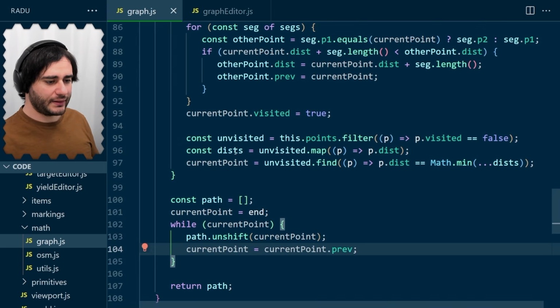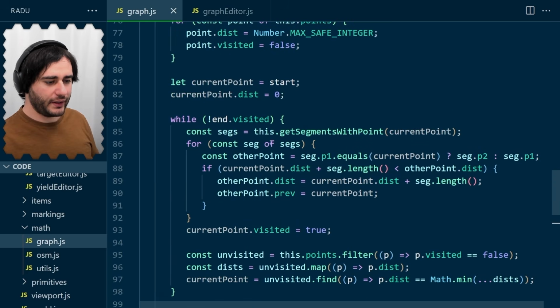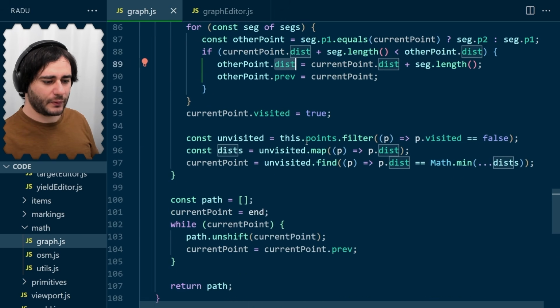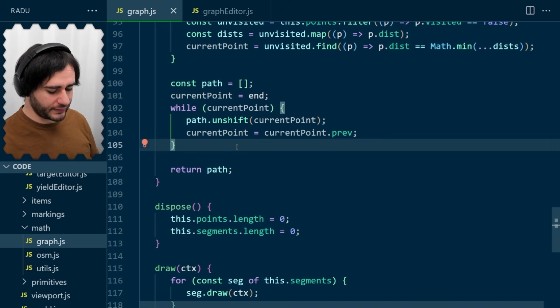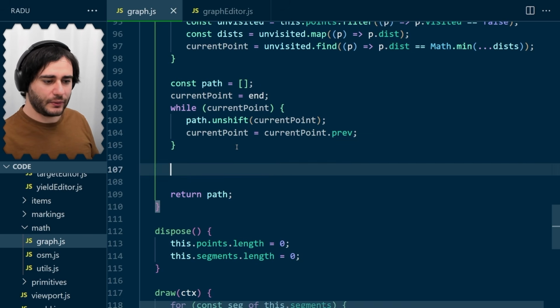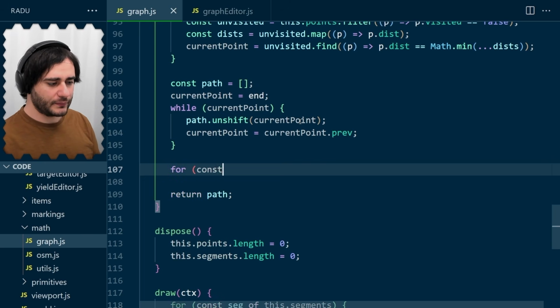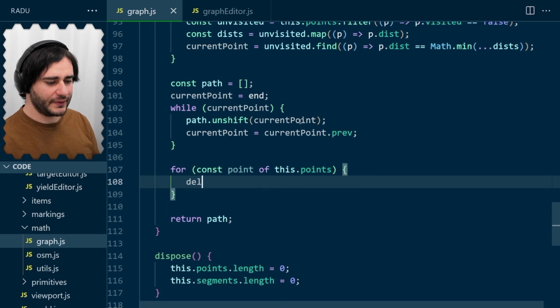But one thing that I still want to do is we have added here these attributes to the points of the graph, and they are things that relate to this algorithm, and we should remove them from there so that other people working on this code, seeing that these attributes exist there, don't get confused. And actually, doing this is not really proper. Like adding attributes like this is not the best practice in the world. But